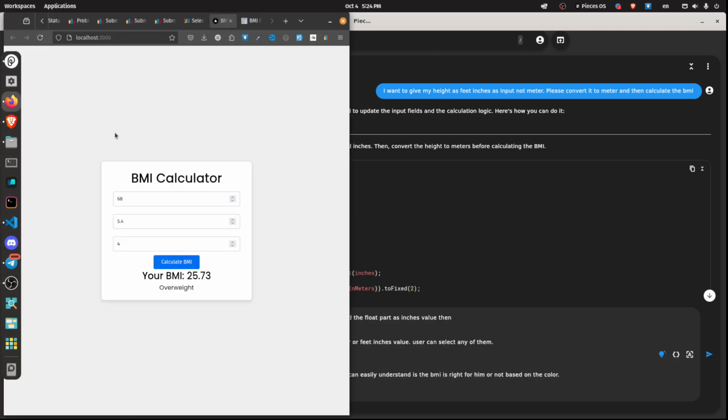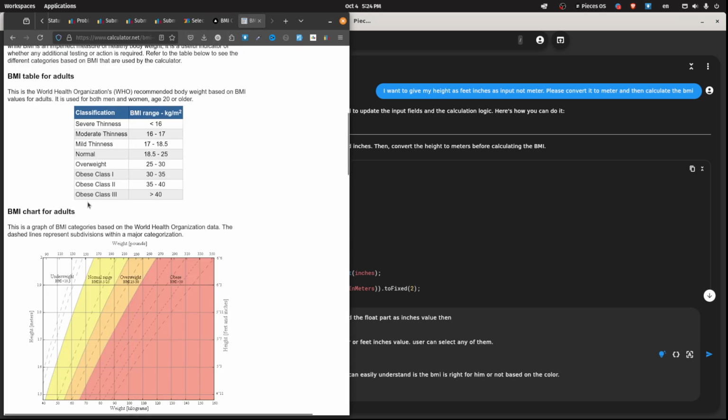For example, if I go back to this calculator and my BMI value is 35 to 40, I am in this classification. So what do I have to do? It will suggest to me